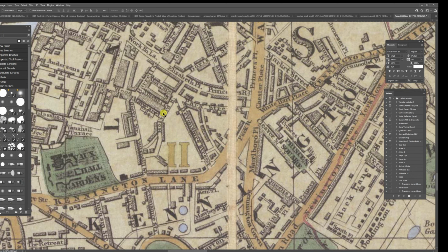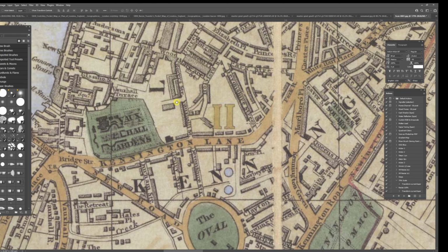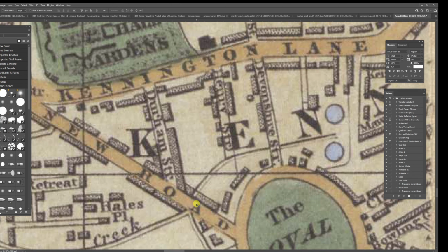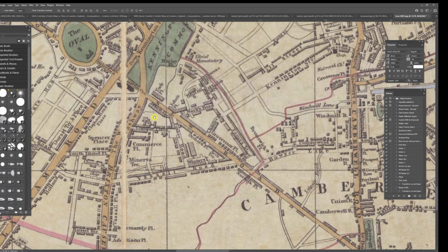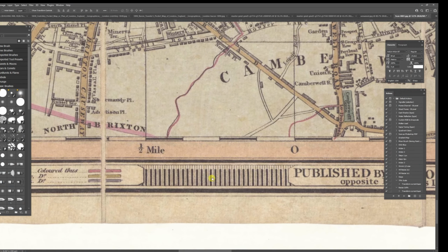I'm not a huge fan of the stippling for the buildings. Whoever did this, by the way, is nuts. Can you imagine? They would have done that stippling by hand. Look at that. That's just crazy sauce. I love it. But